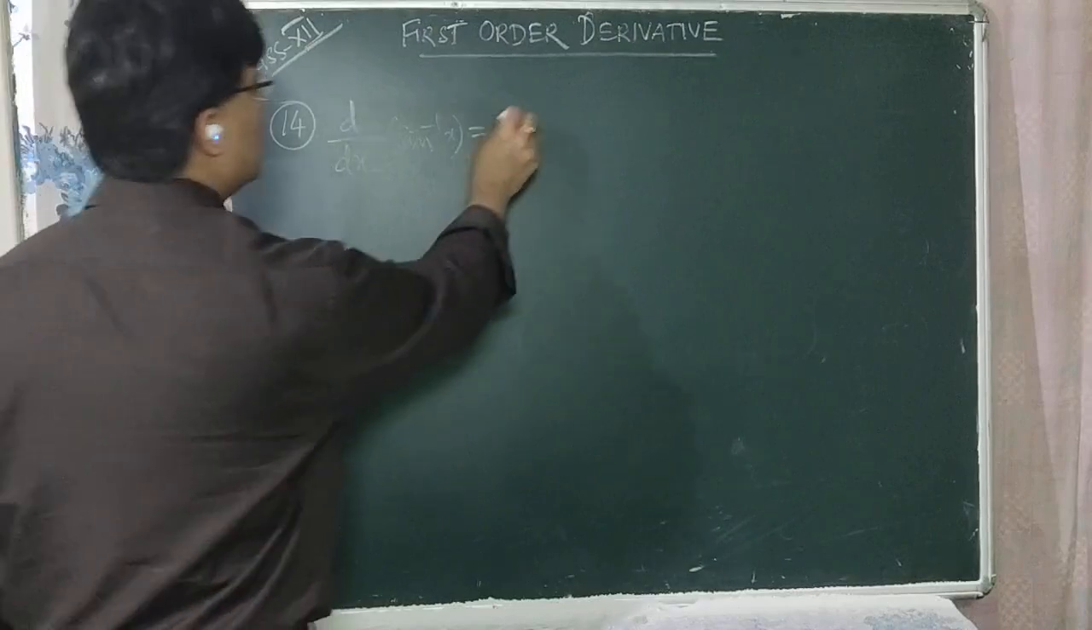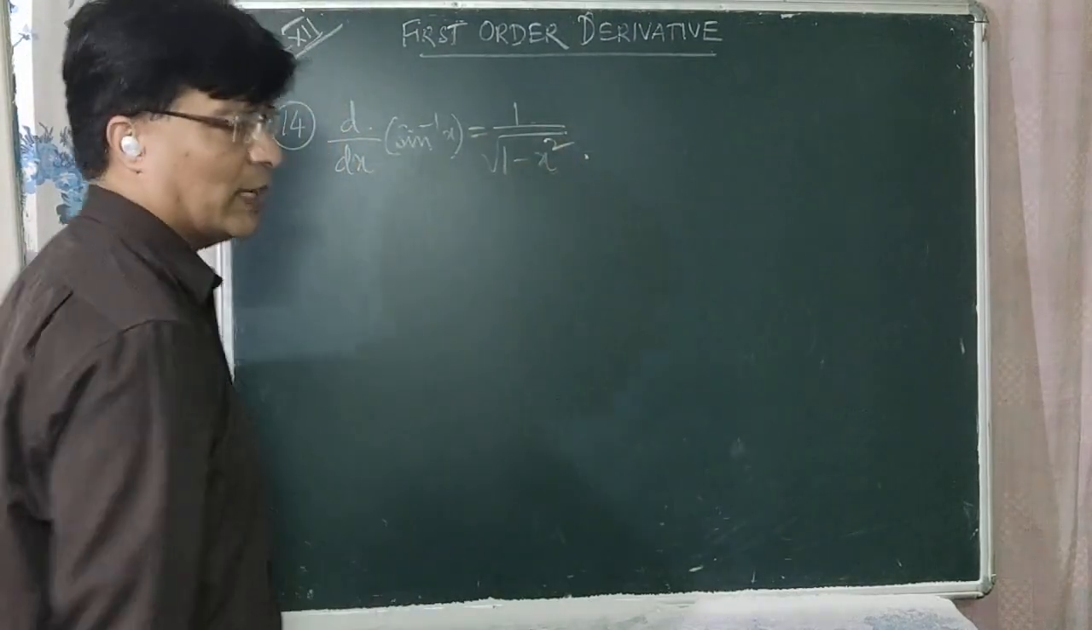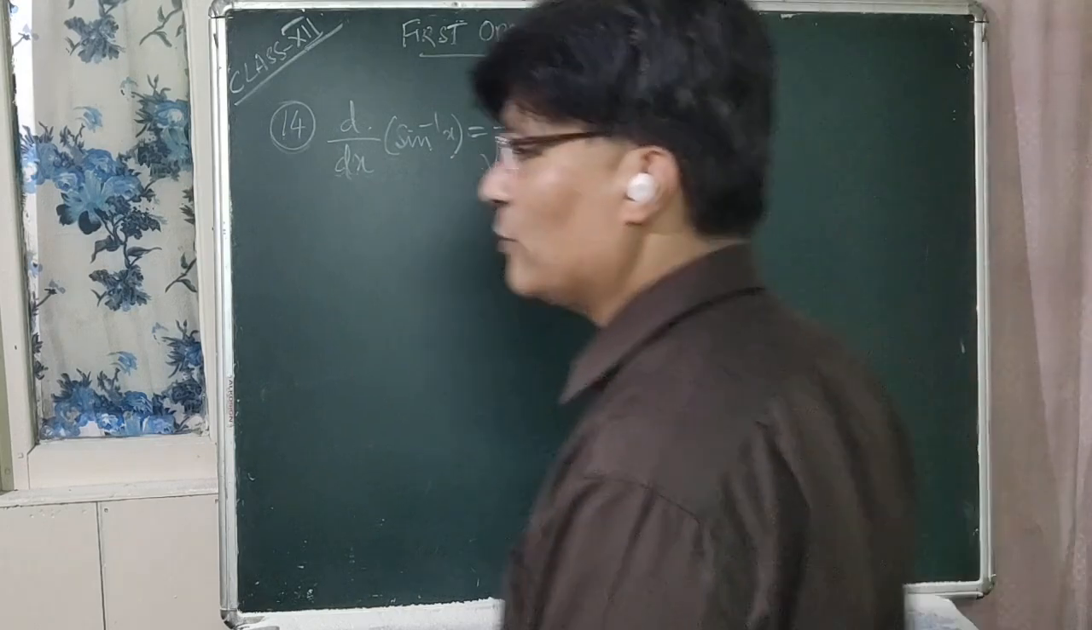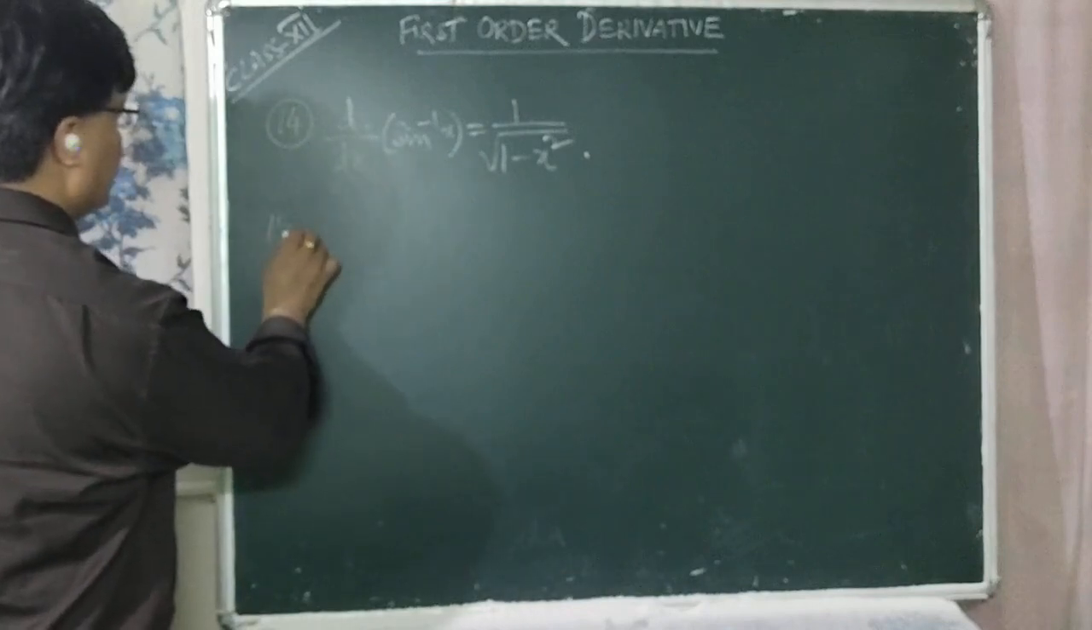is the formula? It is 1 upon root over 1 minus x square, right? So this is the formula for differentiation of sin inverse x with respect to x, right? That is dy dx of sin inverse x is equal to 1 upon root over 1 minus x square. Now number